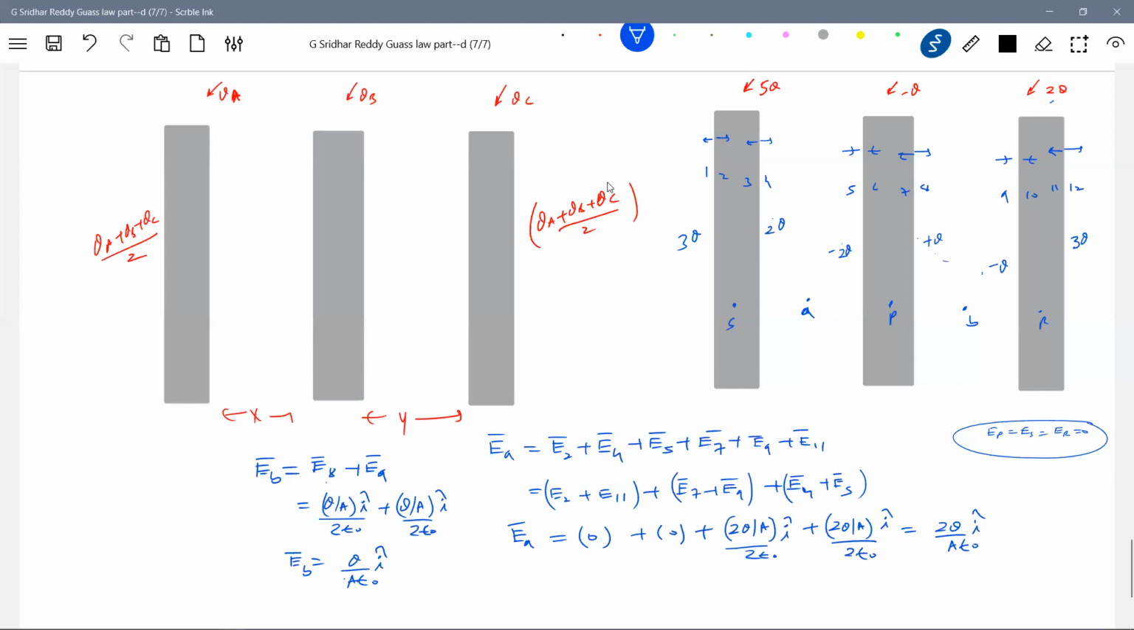Okay, now similarly, you can pick up any point, not only here, you can pick up here also. So 2